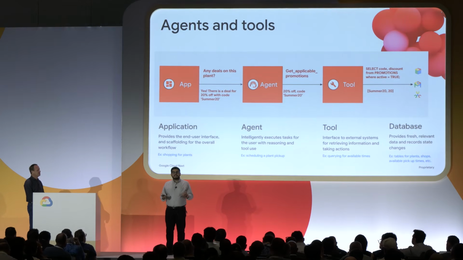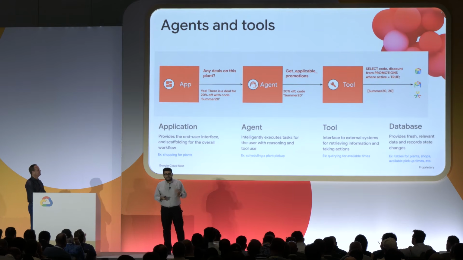First we start with the application, which an end user interacts with. If you give the user the ability to ask the application, are there any deals on this plan? You would build an agent using an agentic framework like Agent Development Kit or LangChain, and it would accept that